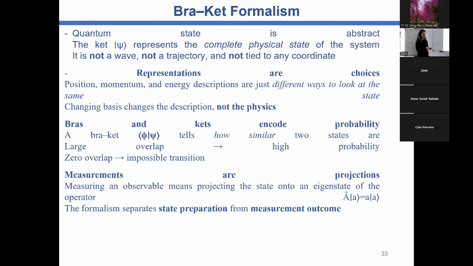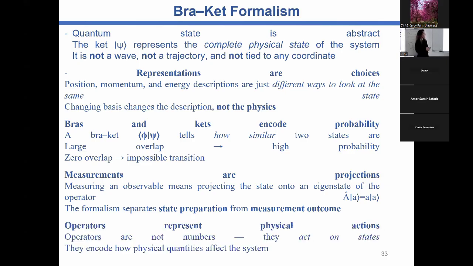So we usually shift from the probabilities to the Dirac formalism, where we can represent all the systems that we discussed using linear algebra, and this linear algebra is related to the bracket